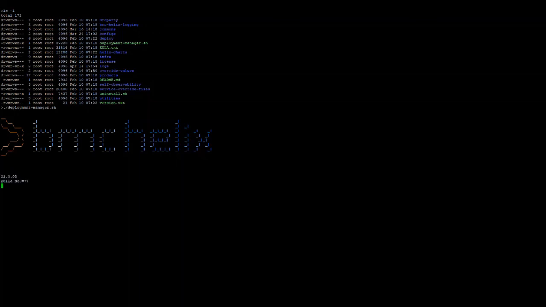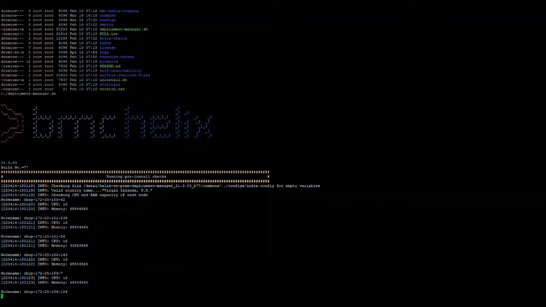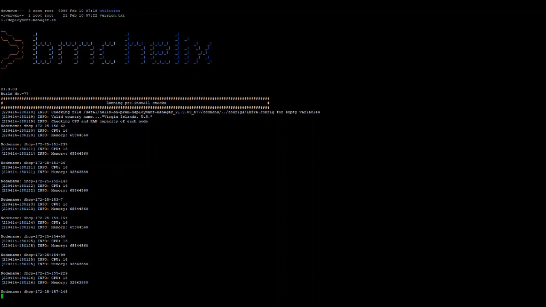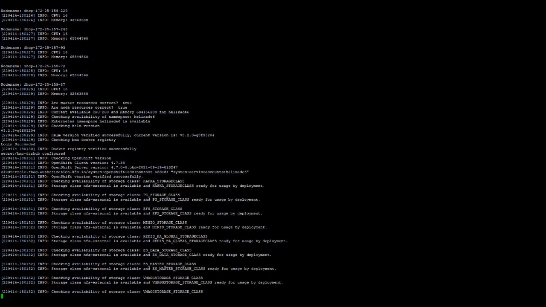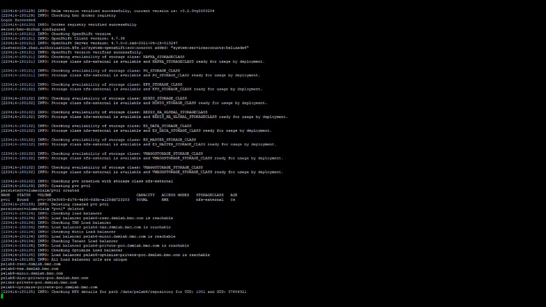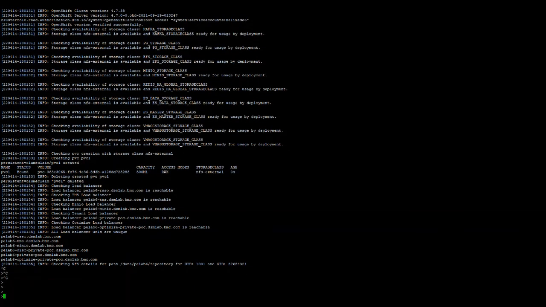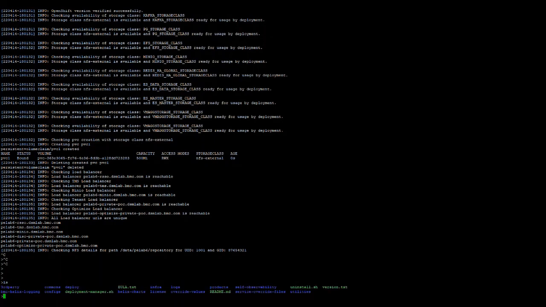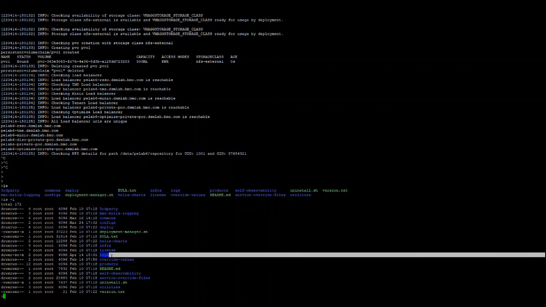It's telling us which build it's using, what it is installing. It's checking the NFS files, checking to see our system configuration, checking the memory. Now it's checking to make sure all of our ingresses are configured correctly, checking our storage class, and I've interrupted it before it's going to take a lot of time. And so the directory that the script is going to generate output to is going to be in the logs directory. And I'm going to go into that particular directory and look at the contents of the logs.